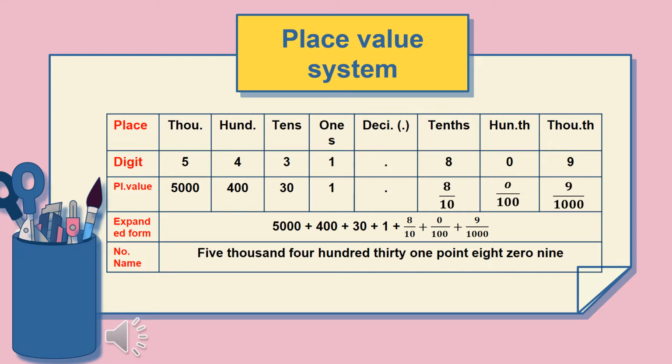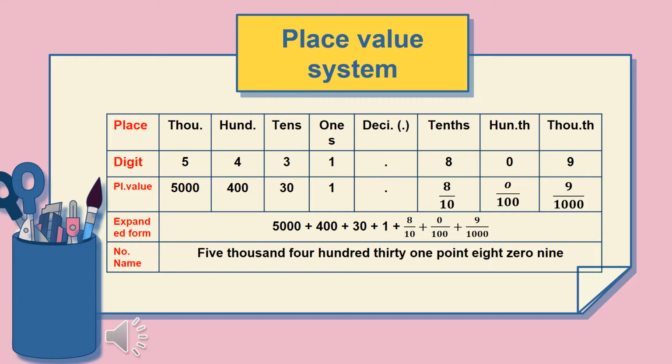That is, the place value of 5 is 5000, place value of 4 is 400, place value of 3 is 30, place value of 1 is 1, the place value of 8 is 8 tenth or 8 upon 10 or 0.8. The place value of 0 is of course 0 hundredth or 0. The place value of 9 is 9 thousandth or 9 upon 1000 or